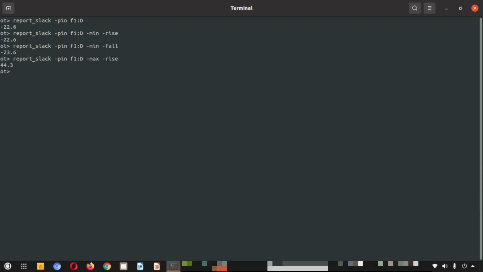Again you can see the value has changed, and here max with fall. So if I am querying the slack of that particular pin, which is the data pin of the flip-flop, I can see that different slacks are reported based on the type of analysis, that is min or max we are choosing, and the corresponding transition rise or fall we are choosing. So accordingly all these values will be printed out.